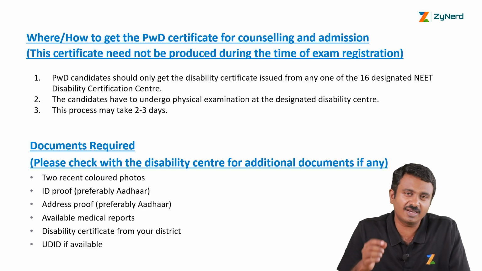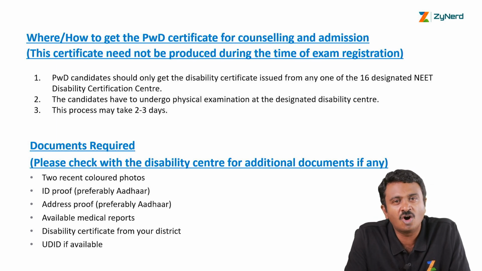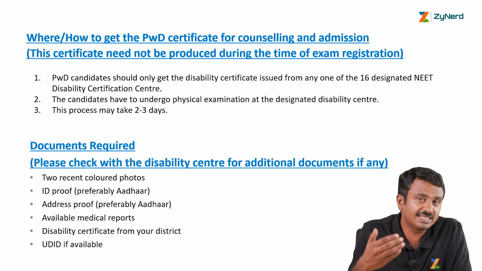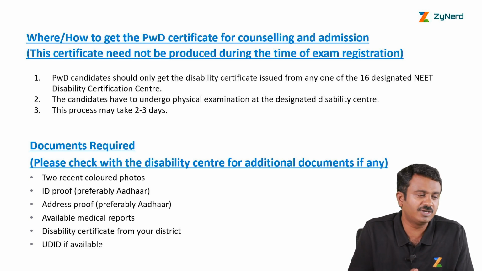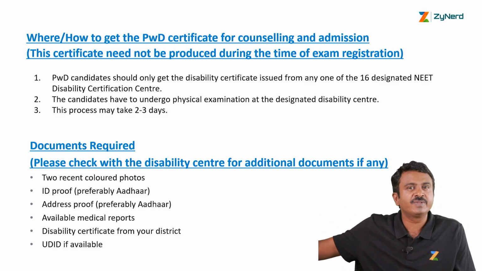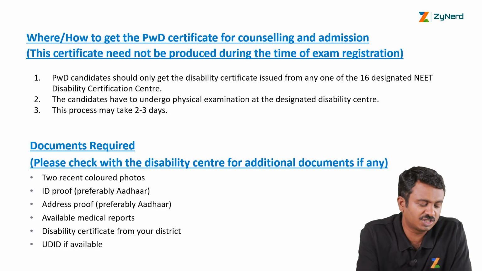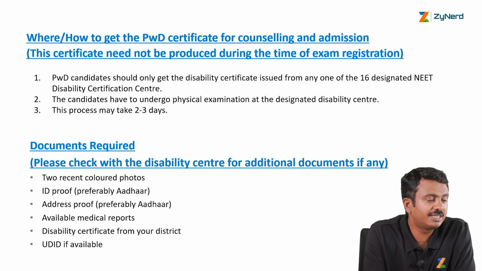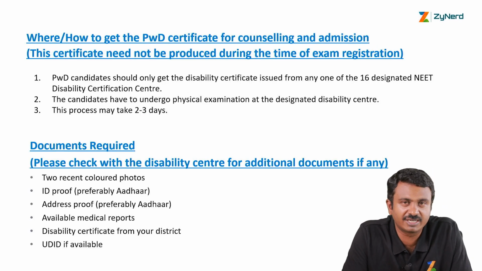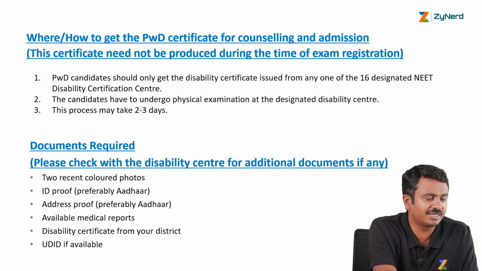Go to the center, and then they will generate a certificate online and either sign it digitally, or you take a printout and sign it with a seal, but the letter has to be generated online with all your details input online. There is no point in taking a PwD certificate at this point in time for the counseling. It has to be taken after MCC opens up the online process. Last year this was the confusion. Initially they asked candidates to upload all these certificates. Even after that, there was a requirement of online certificates. This year we will have to wait for what is required at the time of registration, but it is very clear that at the counseling time you will need these certificates.